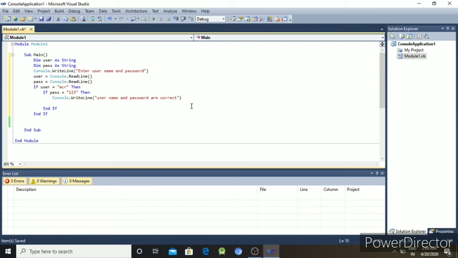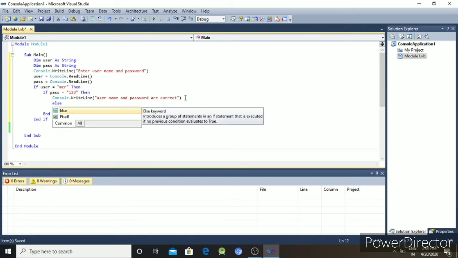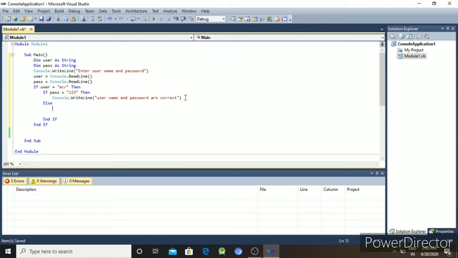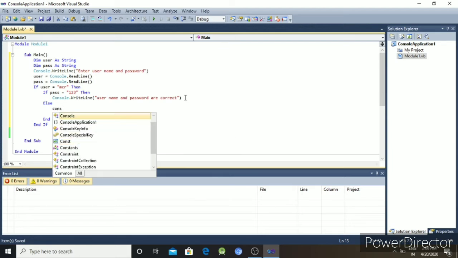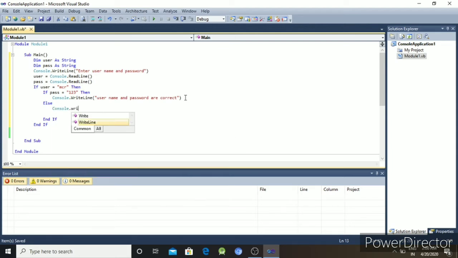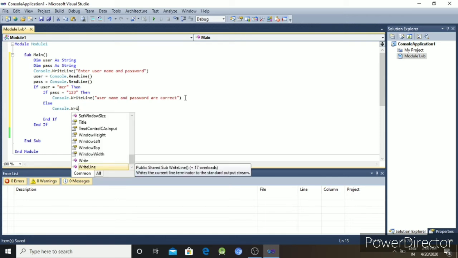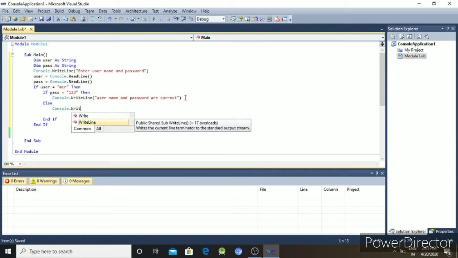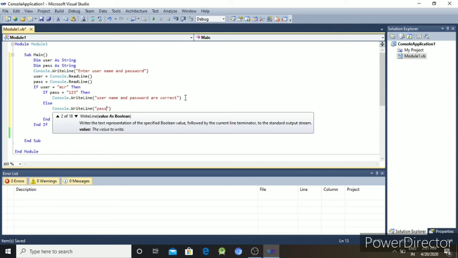In this situation, I will print the message using the else statement. So the else statement will be Console.WriteLine, or Write, you can use both, password does not match.